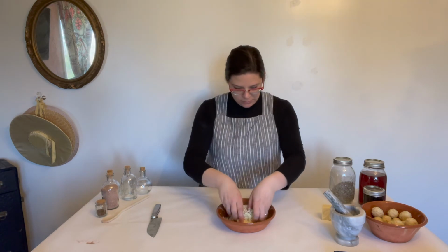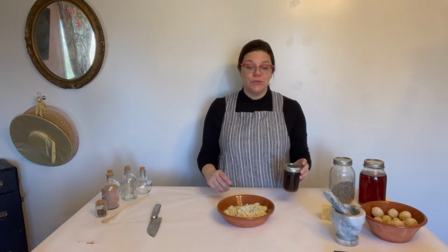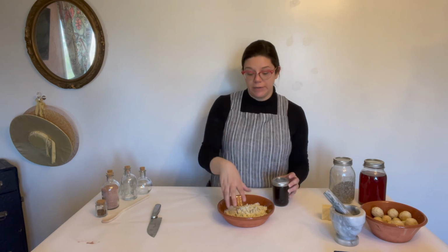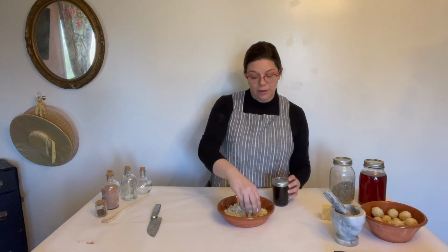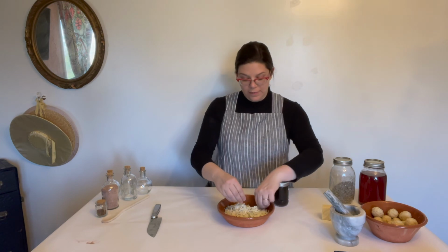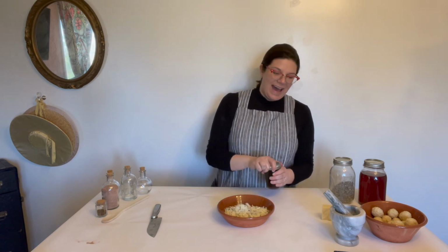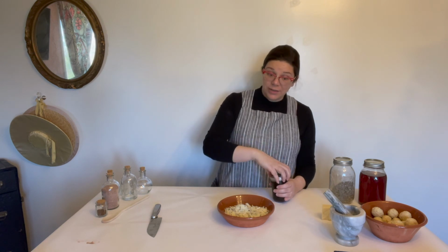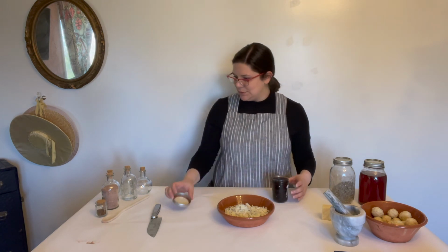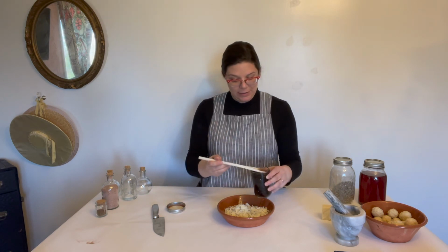So I'm going to add some lavender here, mix it into the soap. Now there's two ways you can do this. You can add your scented water directly into the soap, which I'm going to do, but you have to be careful to not add too much. Other people I have seen kind of wet their hands with the liquid and then form the wash balls that way. I have a hard time getting enough liquid that way, so we're just going to do it by adding the liquid